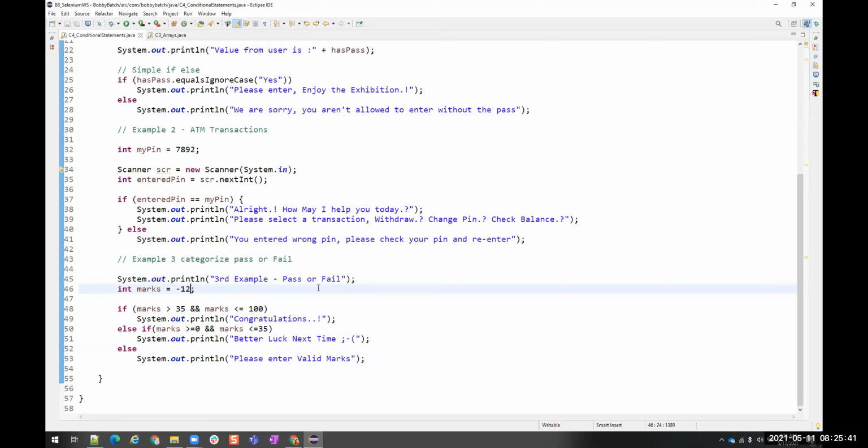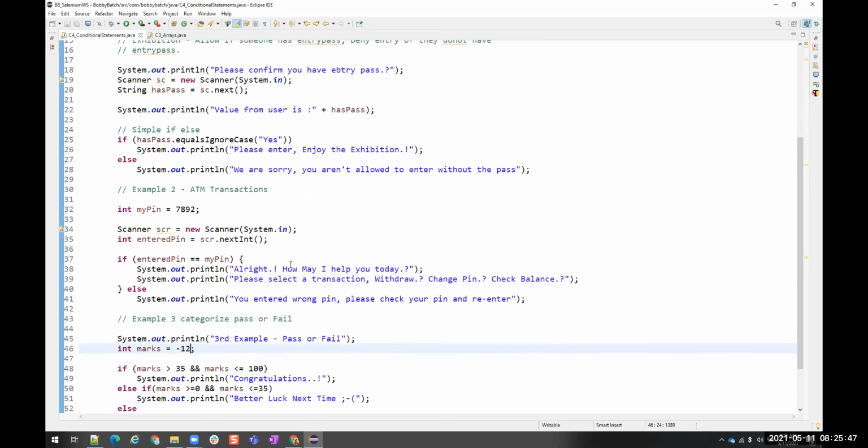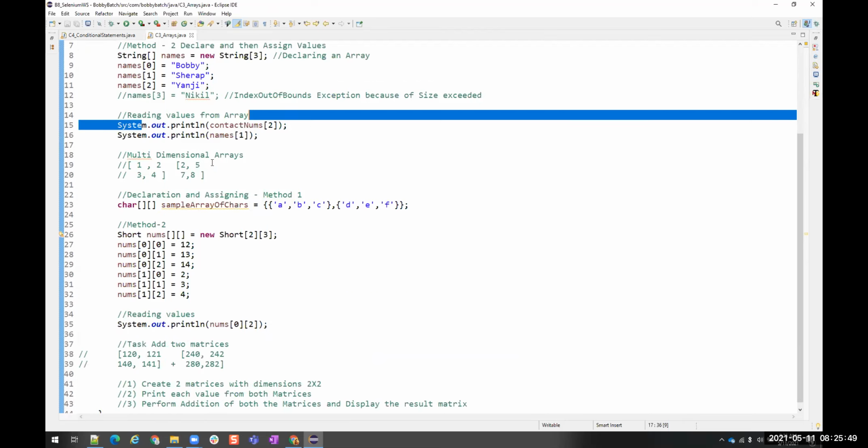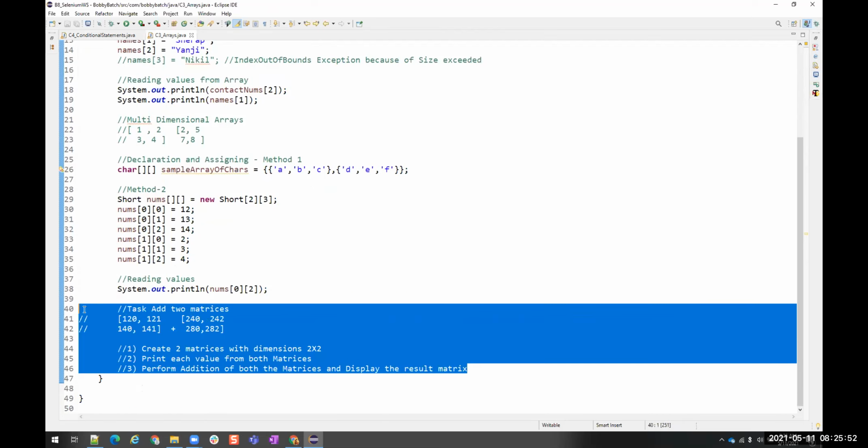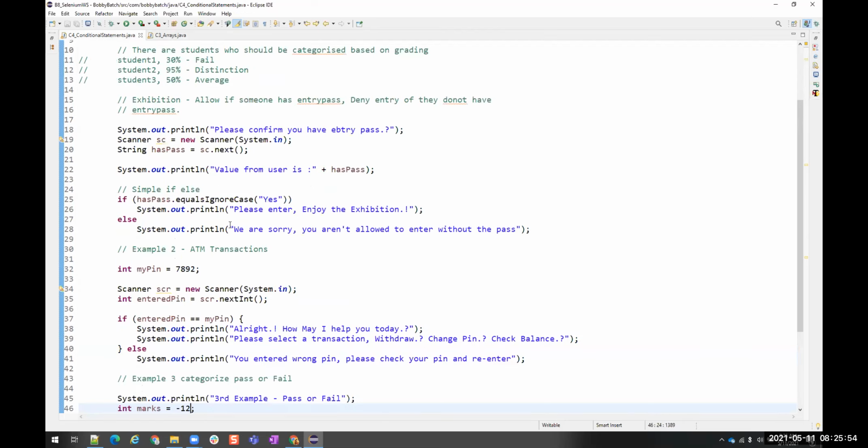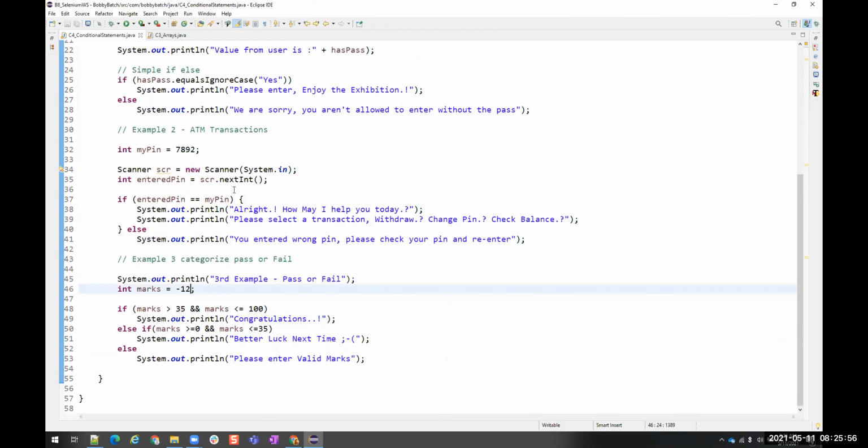Okay. It's 8:25. I'm sorry, I didn't see the time. Okay. Let us stop here. Do we have any questions on this? Single dimensional arrays, multi-dimensional arrays, or the task which I gave, and then in the conditional statements on the example 1, example 4, example 3. No, we need practice. That's it.